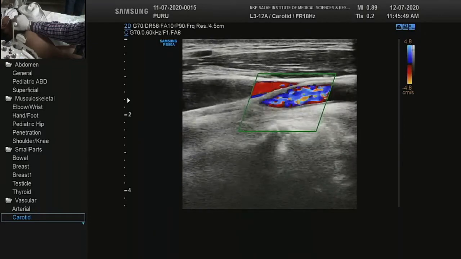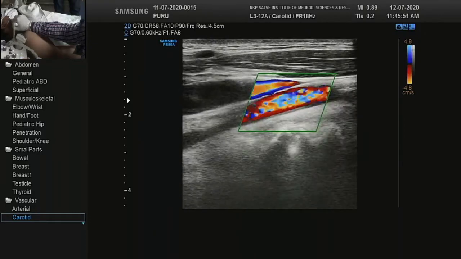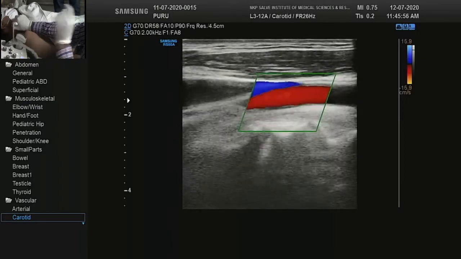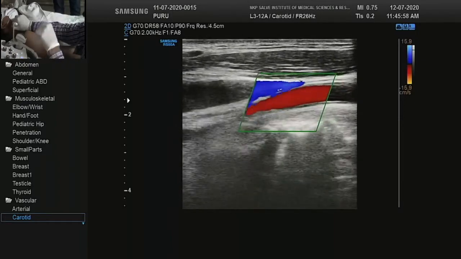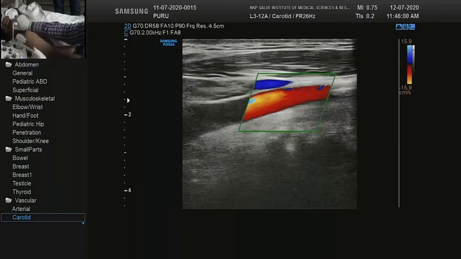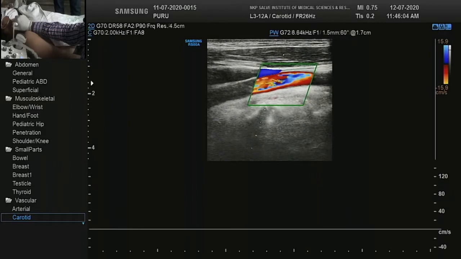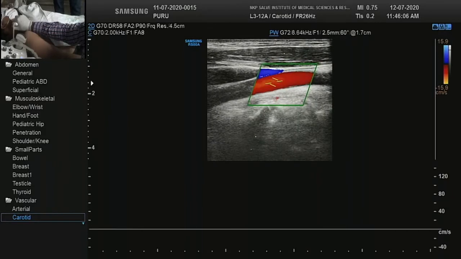So asking history is always helpful. It can give you an idea of which part of the examination you are going to concentrate on, where you are going to seek information. So we'll just quickly come back to what was happening here in the common carotid artery.